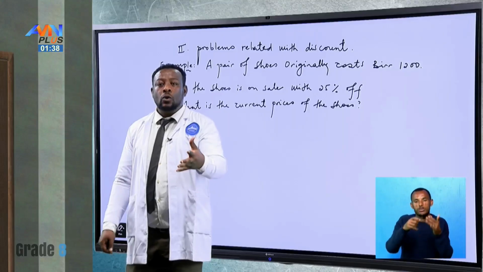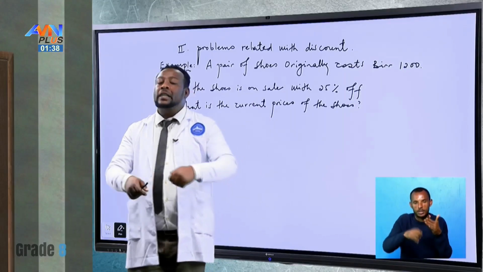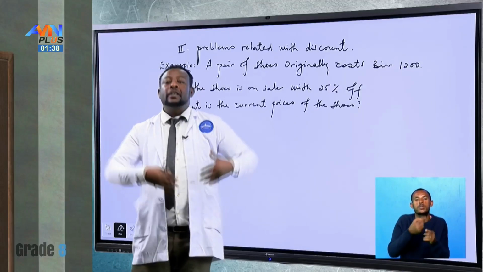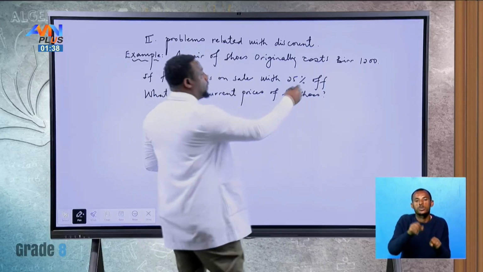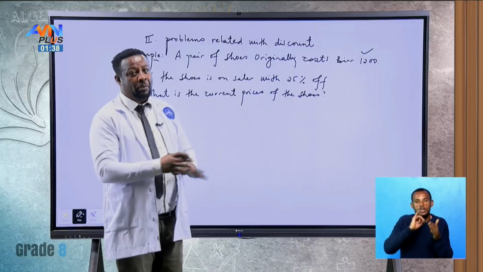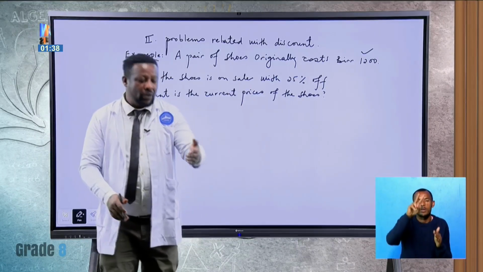So there are two things: the original price of the shoe, and the discount. Based on this information, we will try to find the current price of the shoe. Already we have the original price of the shoe, which is 1,200 birr. The discount is 25% off, meaning that